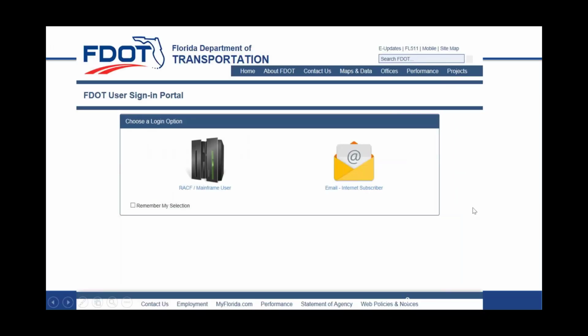Here's the example of the sign-in portal. It's a common login that a lot of enterprise applications use. So you have the choice here to use a RACF account or your internet subscriber. You click on one or the other. You can also check the box down the lower left, remember my selection, and it'll automatically pop into using a RACF or using the internet